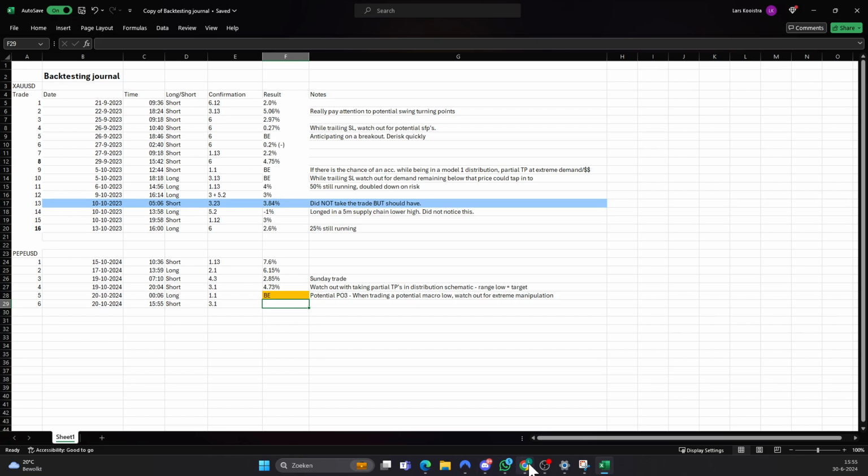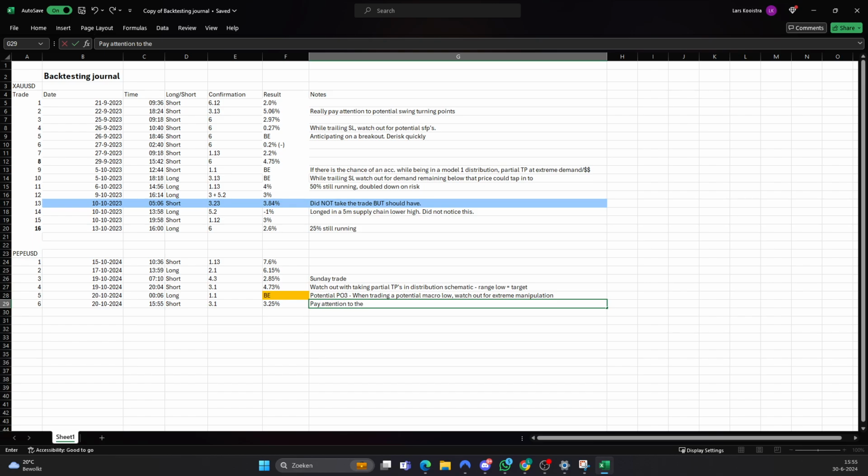Net gain 3.25%. And then we're going to put as a note, pay attention